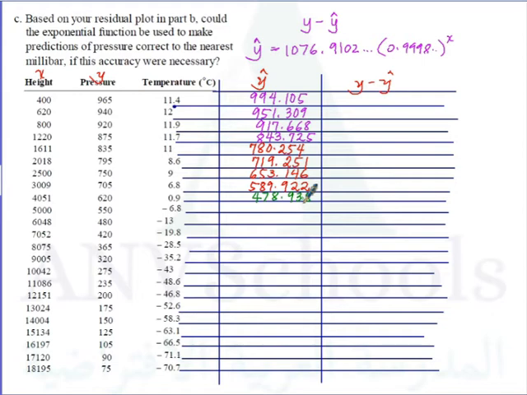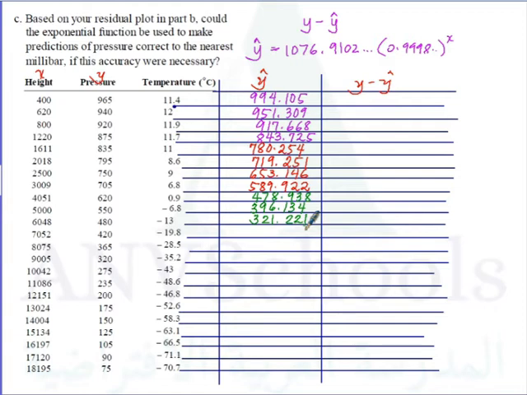If my x is 5000, then I have 396.134. If my x is 6048, then my y hat is 321.221. If my x is 7052,